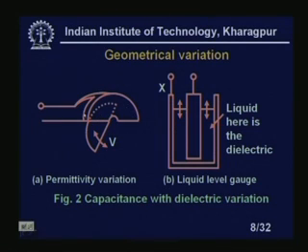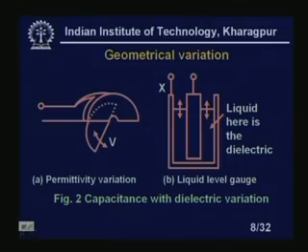Those who are familiar with heterodyne receivers, our radio receivers, know that we change the capacitance value to tune different radio stations. So, basically I am changing the permittivity between the two plates. If you look very carefully on the screen, see these plates,